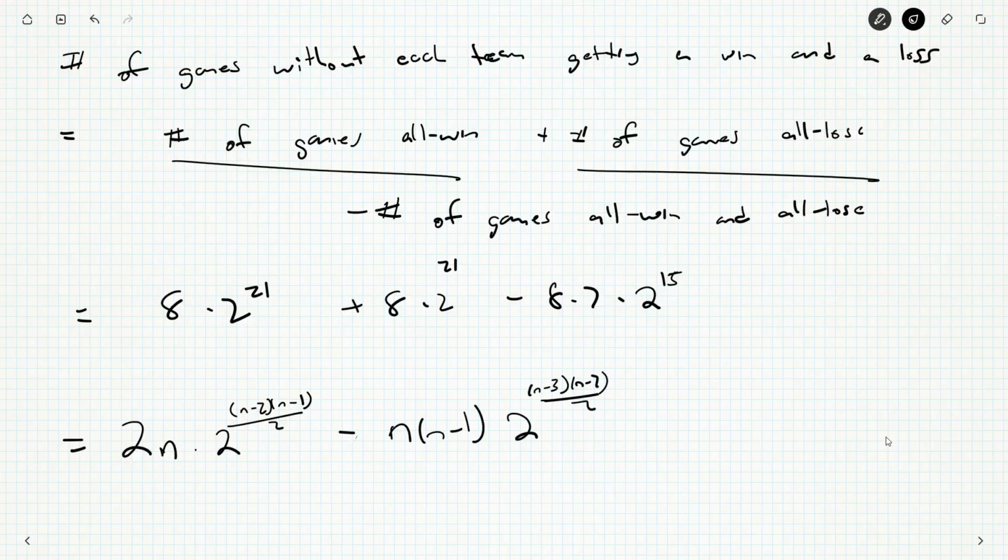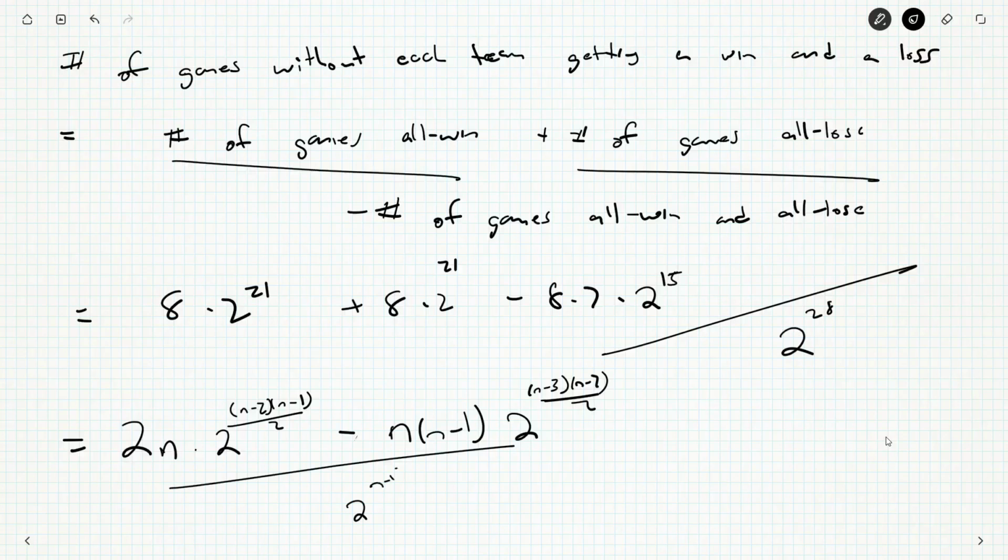So this is the total number we've got, and it's going to be over the total number of games we can have, and that's going to be the probability of stuff that we don't care about. And then we'll just do 1 minus that to get the actual answer. Okay. So, unfortunately, we've got a lot of powers of 2, so things should go fairly nicely here. So the probability that we don't want